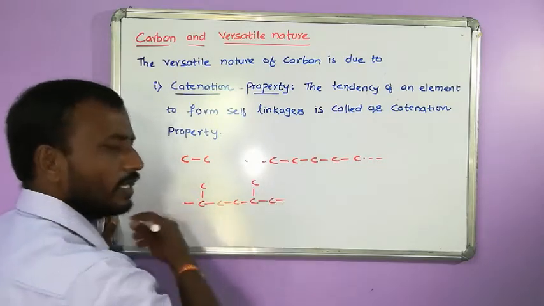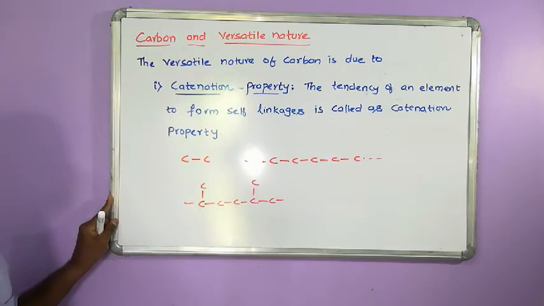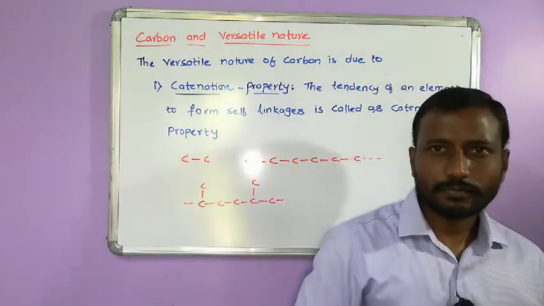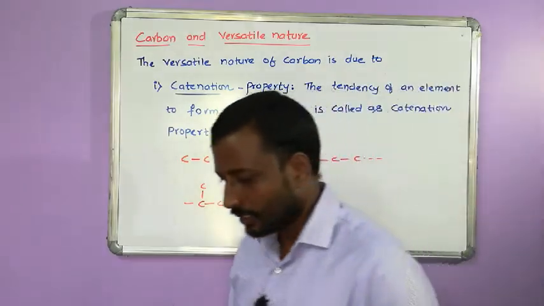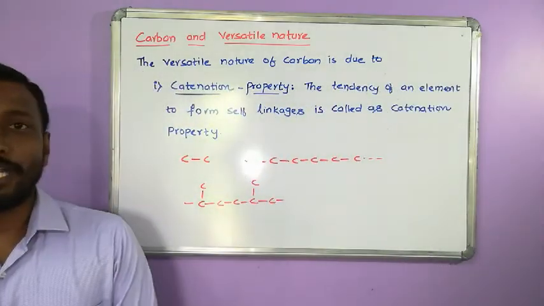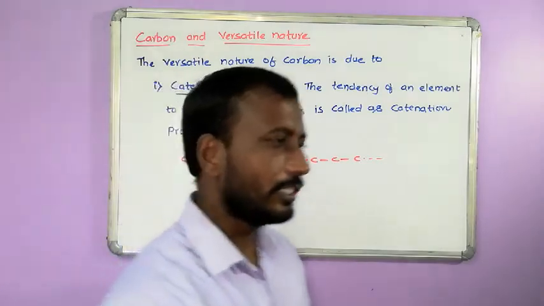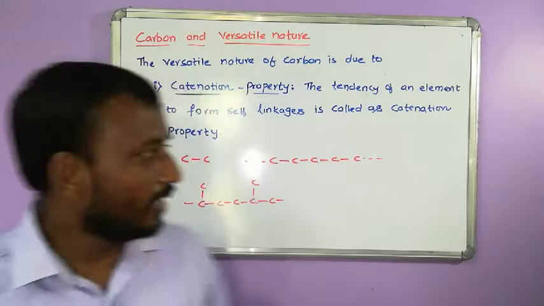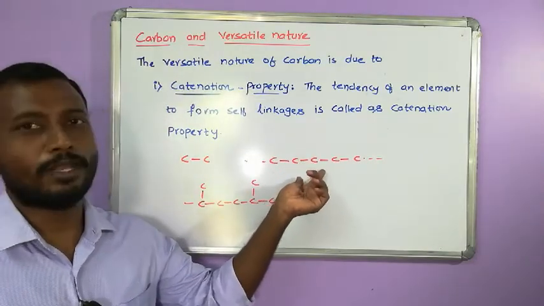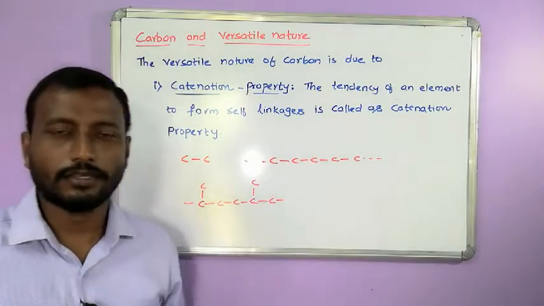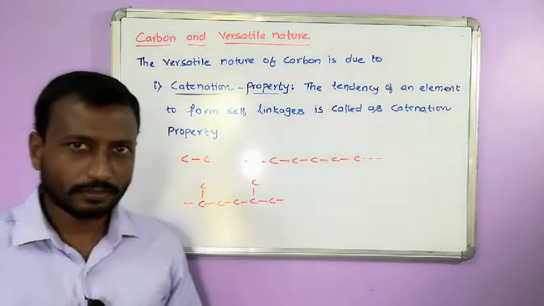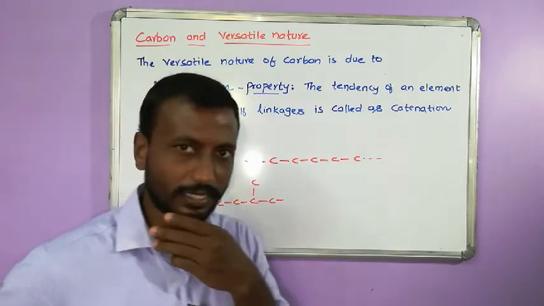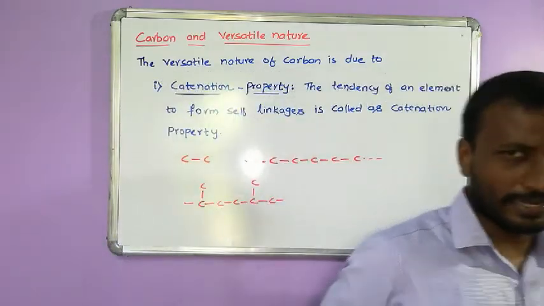It can link to many other carbons. We have seen the accident in Vizag, that is styrene, polystyrene. Polystyrene is one of the polymers. It is going to contain many self linkages of carbon and carbon. It is like polythene. You are looking at polythene bags. That polythene bag contains so many carbons linked in a straight chain fashion. Some are linked in branches.